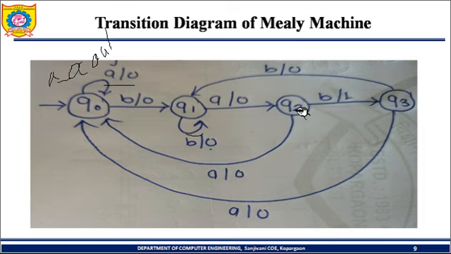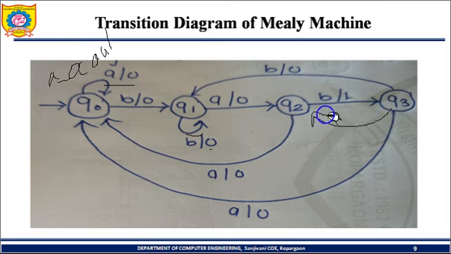Now for Q2, if A comes, then we are back to the Q0 state, because if we specify it here itself, then BAAB, that is wrong. We want BAB. That's why for A it goes back to the Q0 state and the output is again 0, because that string does not end with BAB. And for Q3, if A comes, back to the Q0 state, okay.